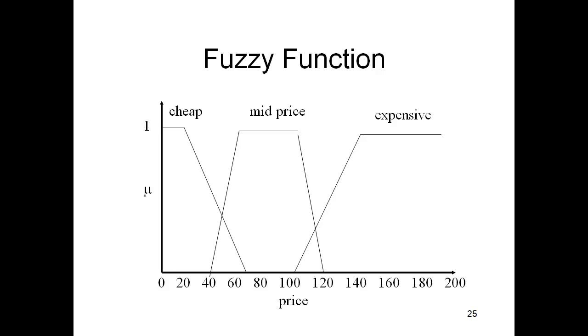Graphically, it's very easy to look at this intersection, right? And this is just a formal way to express it, using the minimum. In case of a union, cheap or mid-price, fuzzy OR, something that doesn't really make sense. Well, we can say, I want a hotel that is either cheap or mid-price, not expensive, right? Could make some sense. Then we use the